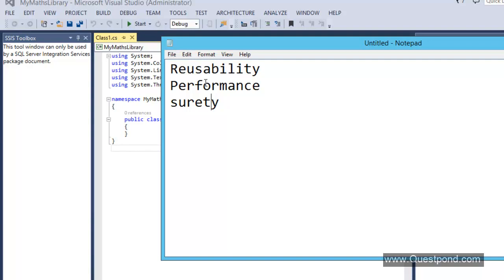Now the testing code will do the testing of our application code. That means every time we go and change something in the application code, we will not do testing from scratch. Rather, we will just rerun the testing code and confirm that our application code is working fine. That means ultimately our testing becomes reusable.